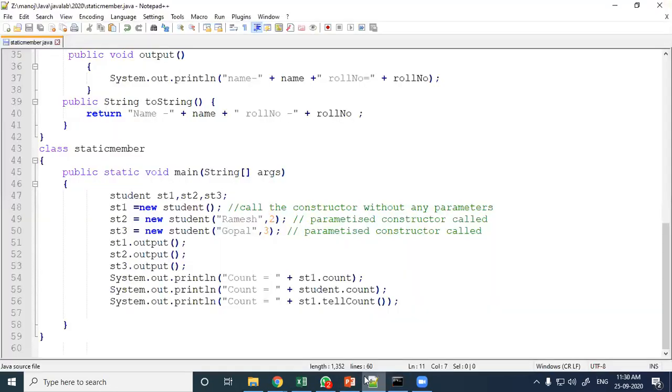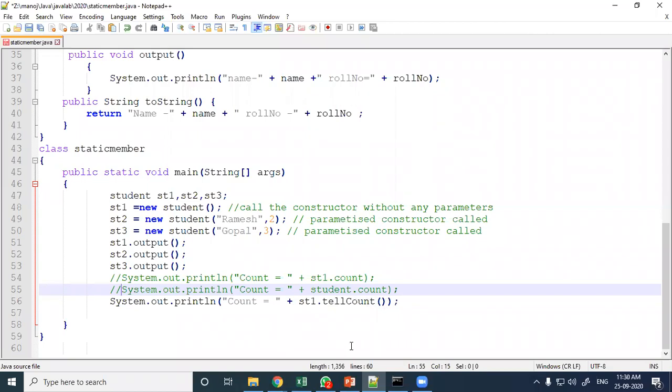That means this line and this line you cannot execute because count is a private member. But tellCount is a public member you can access, and this public member can access the private member. So this is okay, but these two lines will not work if the static member is private.